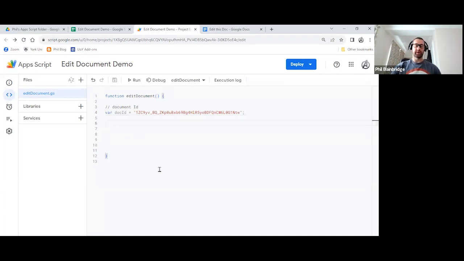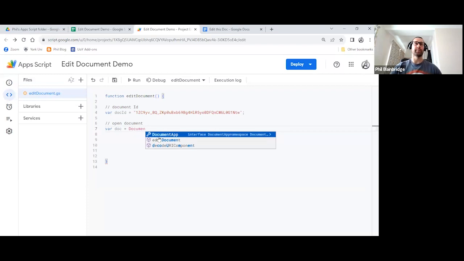The next comment that we have is when we've got the document, we actually need to be able to open it to access its content. So our comment will be open document. We're going to store this as a variable because we're still following the track of actually getting something. So I'm going to say var doc, and I'm going to set that equal to the DocumentApp, because we're working specifically with a Google Doc, and we need to be able to access some of the methods you can use with a document specifically. So it's a capital D and a capital A.